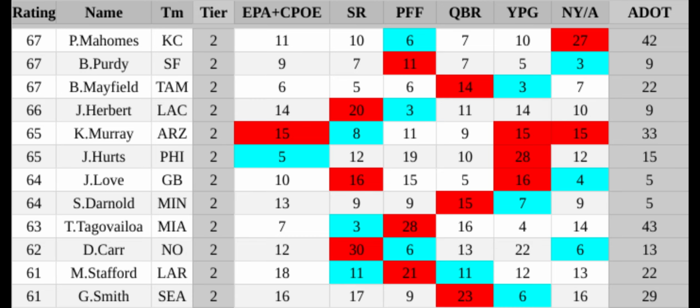The only thing that worked against him was he wasn't efficient in success rate, which I do think is something, because in meaningful games where you're going against good teams, you can't just throw bombs all day. It's definitely the cool thing to do, but you're gonna have to hit the intermediate and short parts of the field as well, just to keep the defense honest.